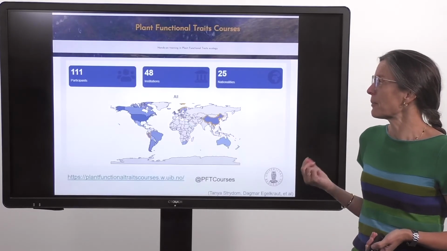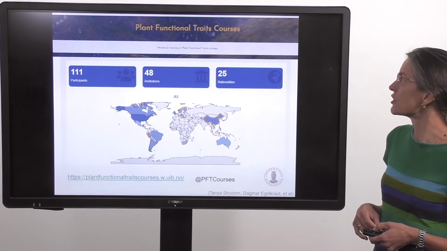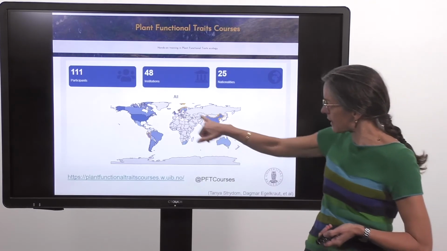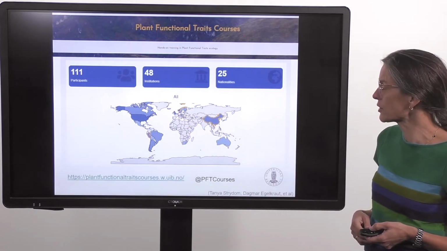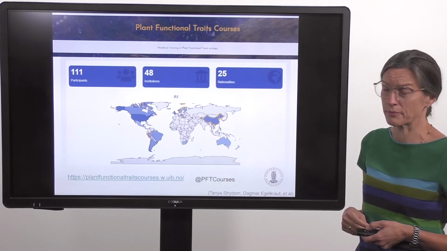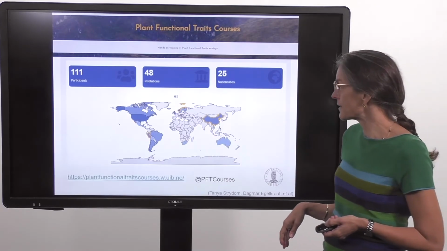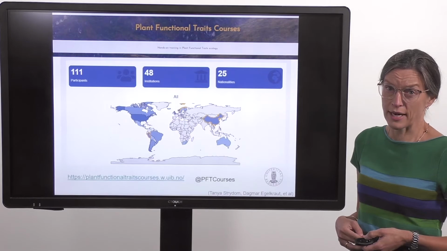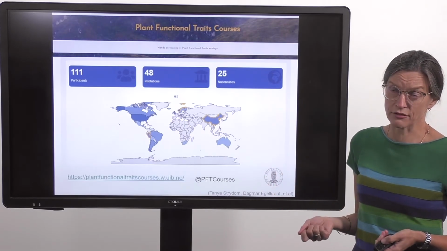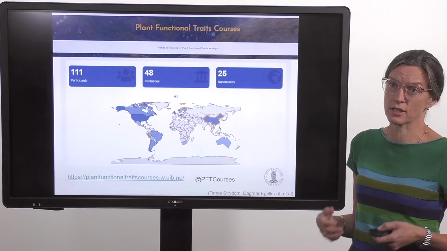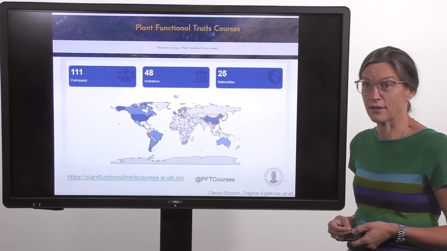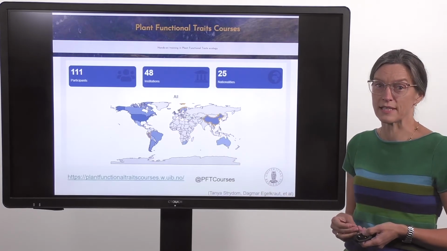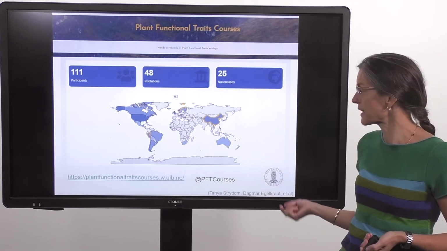And the way that we do this is that we do it as part of a plant functional traits course. And this is from our web page showing, first of all, the regions that we have had courses in, and then also the number of participants that have participated from different regions. And you will see that there tends to be a hotspot of participants from where we do the courses, and that's of course because we involve people from those regions in the courses. So we prioritize both students and teachers from those regions in the different courses. We've been doing this since 2015.